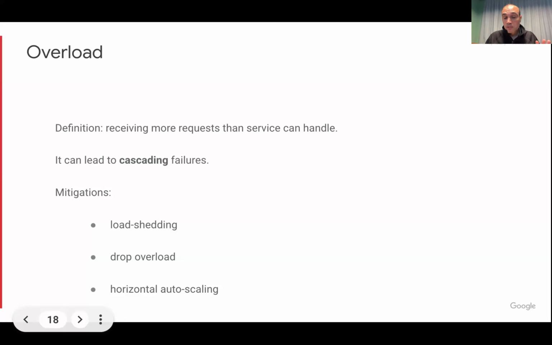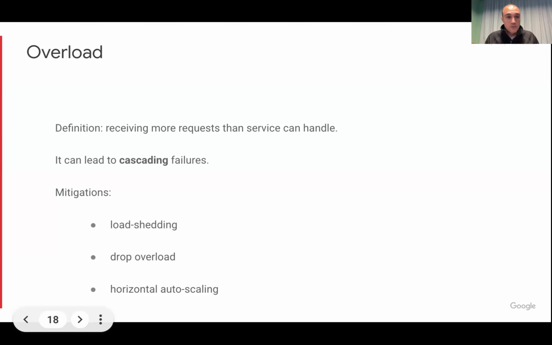You know what to shed. The batch traffic is gone, right? So you will create capacity for serving the interactive traffic, which is much more important because it's what the users are perceiving at that moment, right? And then you just process the batch traffic in another moment. You just wait for the night, and then you start up this traffic again to protect the interactive traffic. So interactive versus batch is a clear priority for shedding some load and protect the system, right?